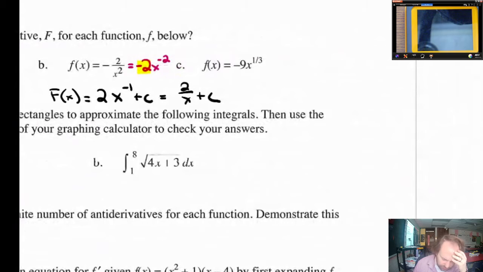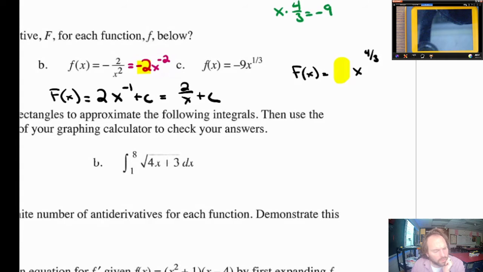For question C, kind of the same game. The capital F of x in this problem, the first thing you want to do is take your x and raise it up 1 degree. 1/3 plus 1 is going to be 4/3. Just a little fraction work there. And then what we've got to do is think about what number is going to go in front here. We need this number times 4/3 to equal negative 9. That's the question that you want to answer, whatever is going to go in front there. The best way to do that is to do it backwards, multiply by 3 over 4. And it looks like negative 27 over 4, which seems like a weird